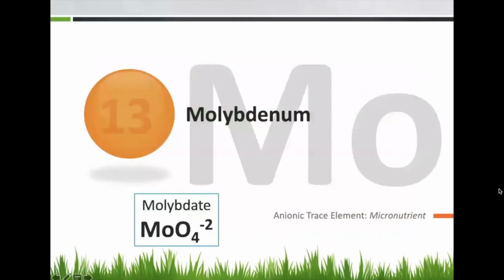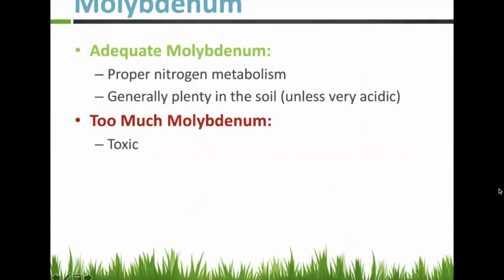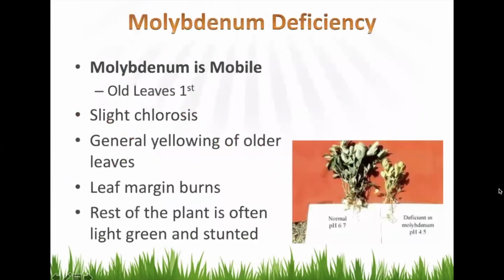Next, we're going to talk about molybdenum. With adequate amounts, we're going to have proper nitrogen, and there's generally plenty in the soil unless the soil is extremely acidic. And then with too much, this can be toxic to the soil. This is mobile, so the older leaves are going to be affected first, and there may be a slight chlorosis